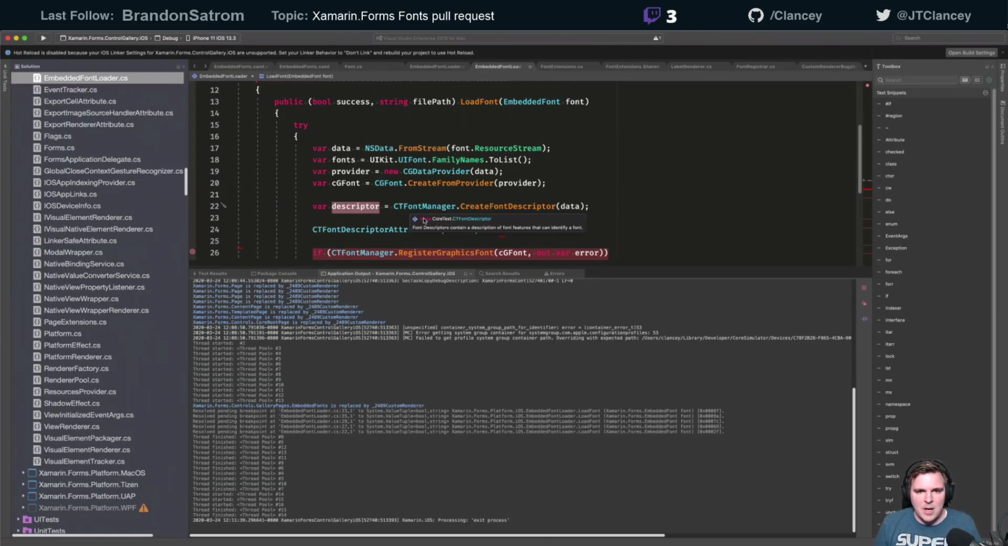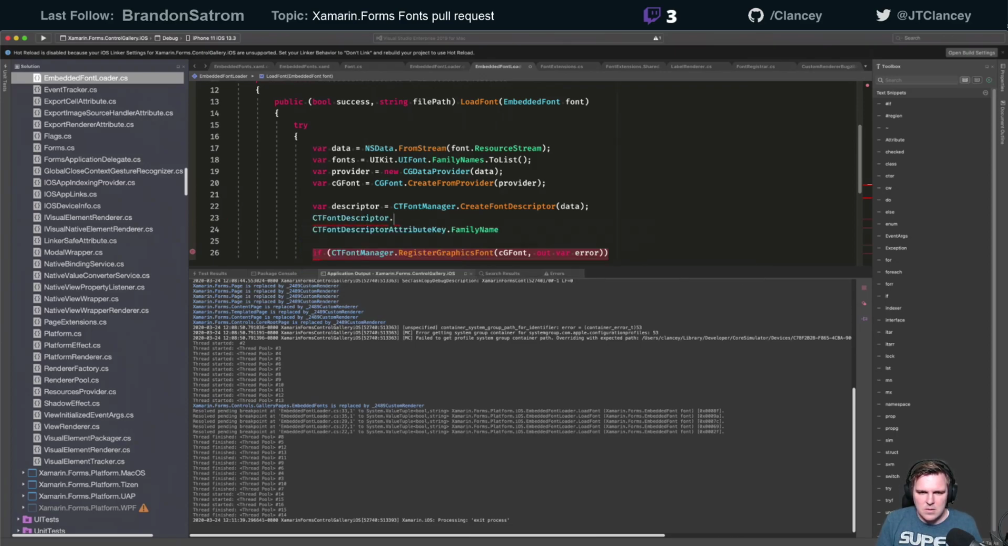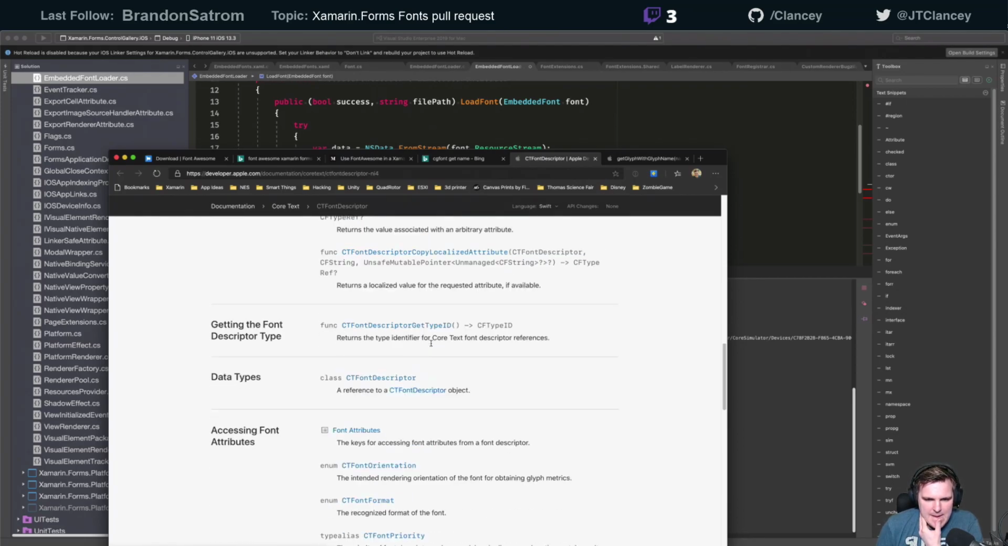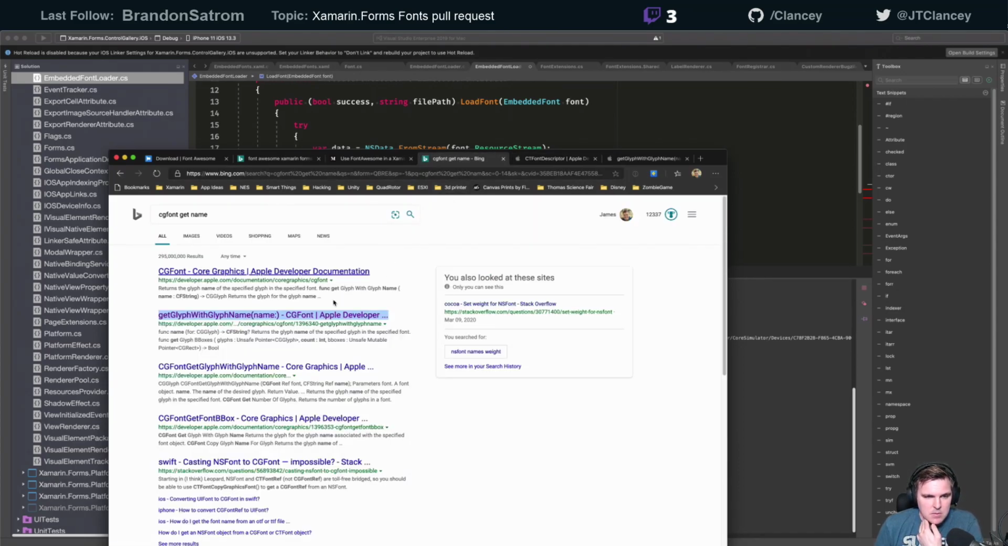All right, so now somehow we're missing something. There's got to be something. Descriptor. Nothing static. I don't know how to get these attributes out. I wonder if we're missing something in Xamarin. Something's not bound in CT font. Get